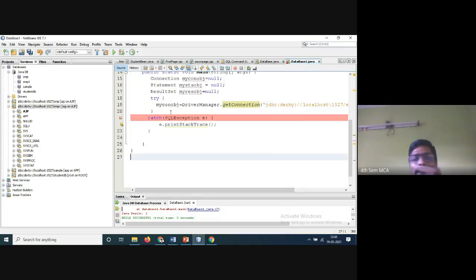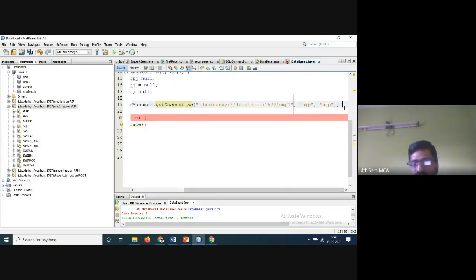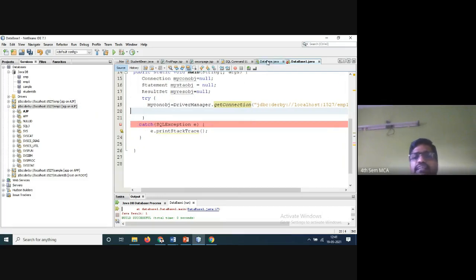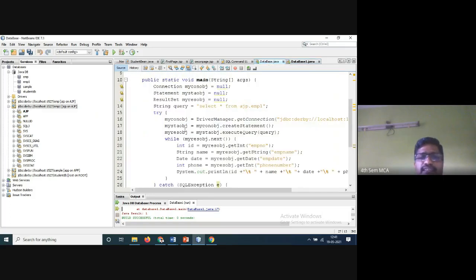Clear now? Once the connection is over, next you have to write the statement, my statement object.